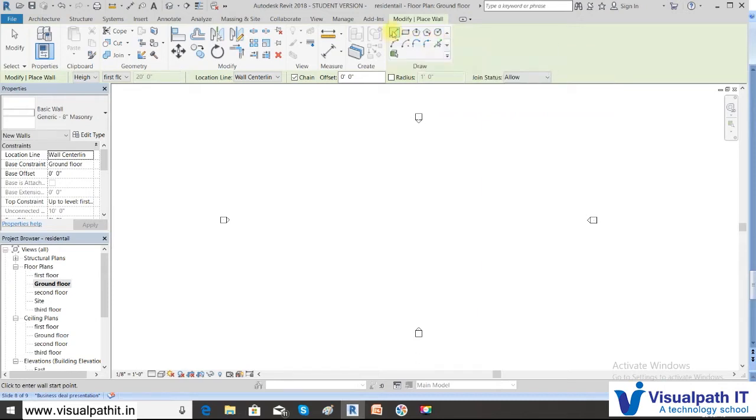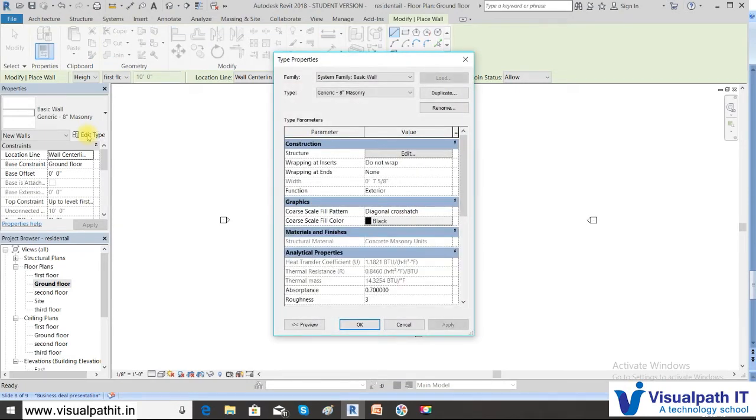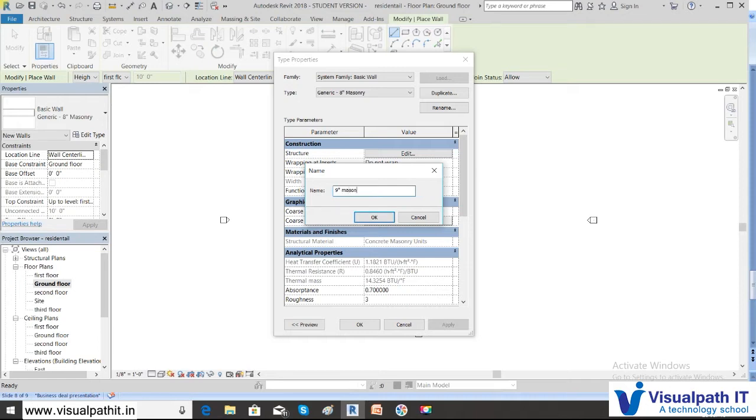So click the wall line. Once you set that, save the project. So once you set that, and once you define this is 8-inch masonry, before that we need to define, we told you we'll create a 9-inch wall. So in order to create a 9-inch wall now, click edit type. Click the edit type button. So the type property box opens. Always take a duplicate of it. Click duplicate. Here you type the name first, say 9-inch masonry wall. The name can be anything, but 9-inch I am referring it as a reference for me.